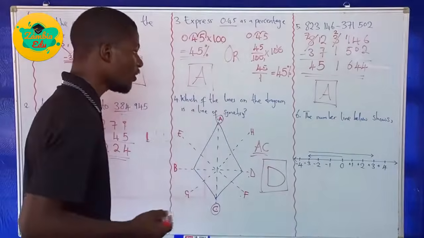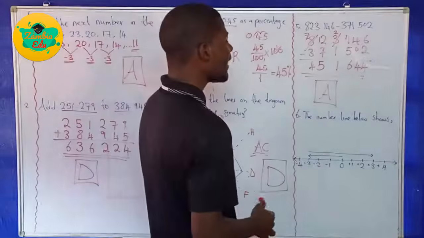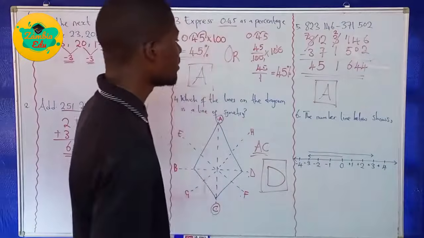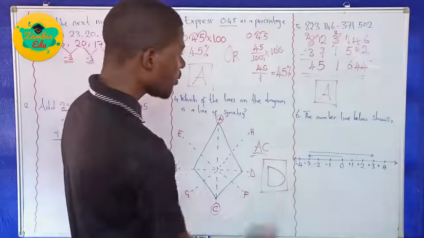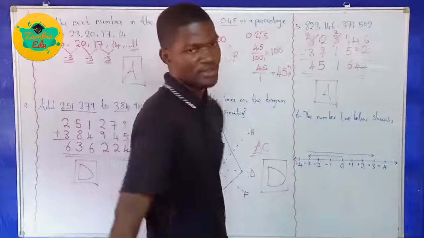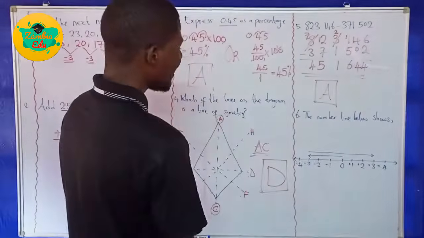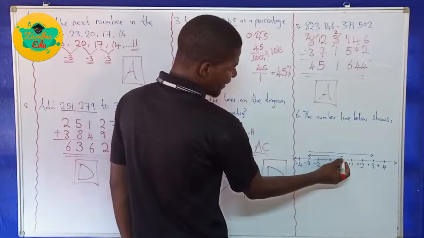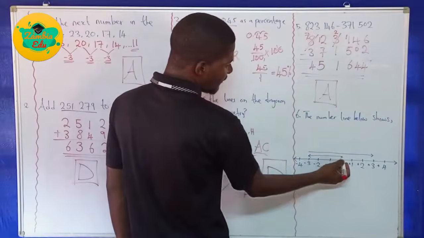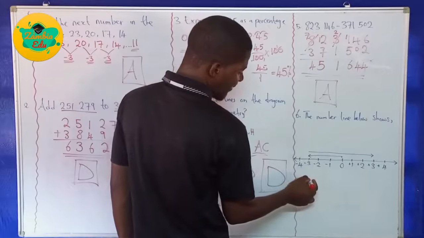Quickly, we move on to the next one, which says, the number line below shows, so they want us to be able to indicate an equation which this shows. What does that number line show? So let's be able to solve it together. So we see that the first line on this number line starts from 0 and goes to -3. So we can say